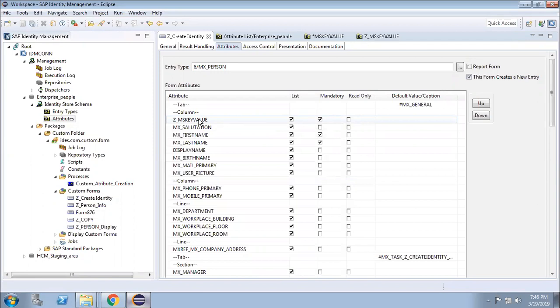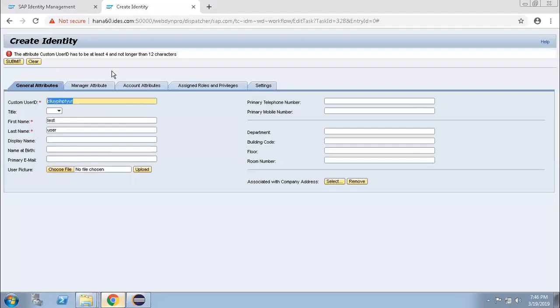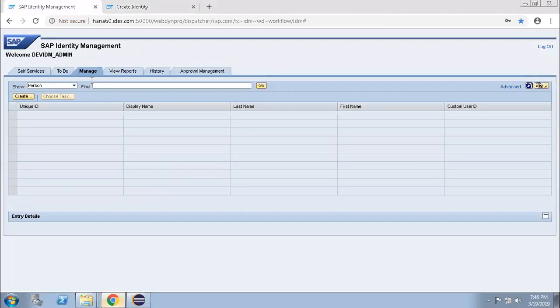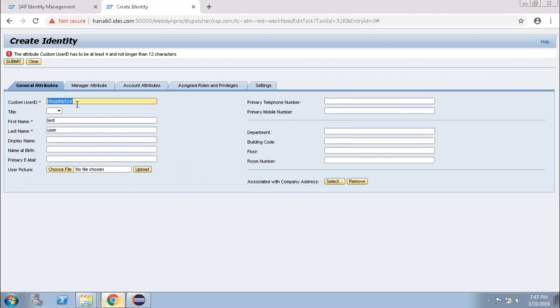Otherwise, that ID will not be created properly, and you cannot find that ID in this area, as the MSK value, the unique identifier, the original one. Okay, so the first issue of 12 characters is solved now.